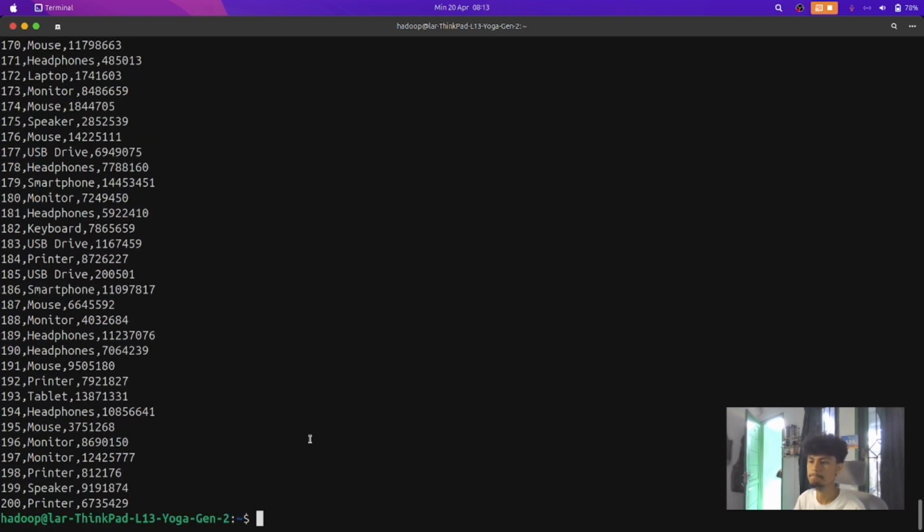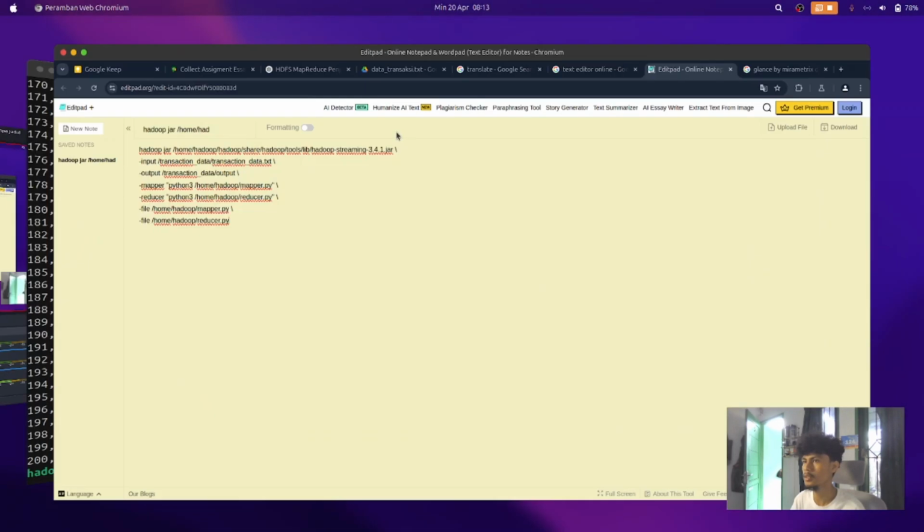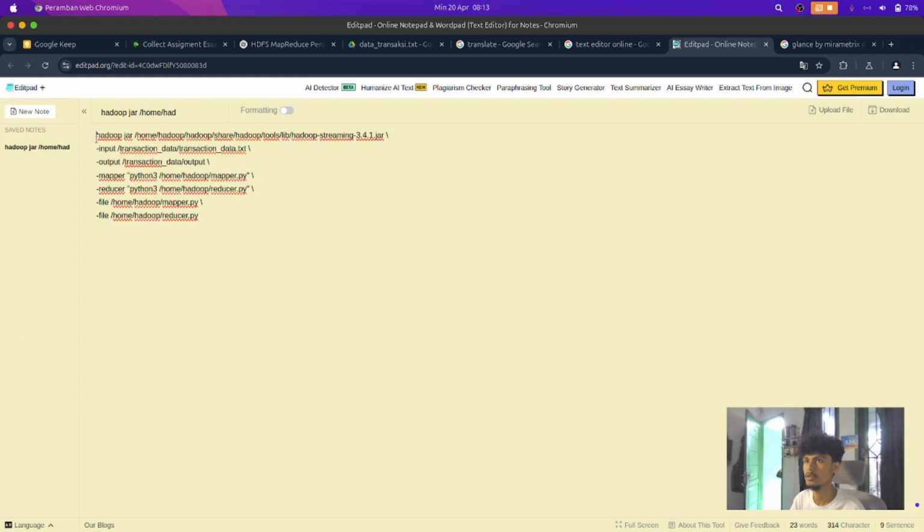Okay, and then now we will run the mapper and reducer in Hadoop. The command is this. Using this, the input is in the folder transaction data, with the file transaction data.txt, and then the output will be transaction data/output.